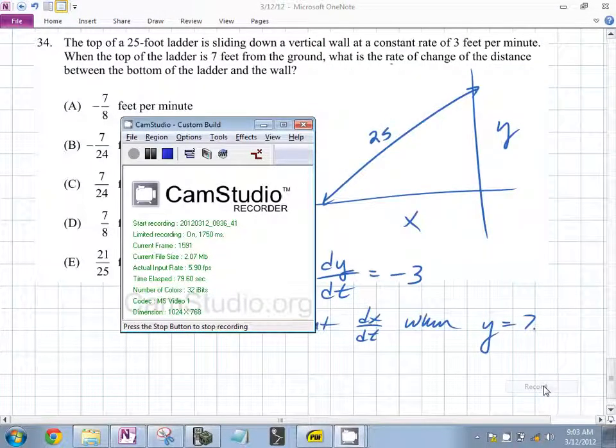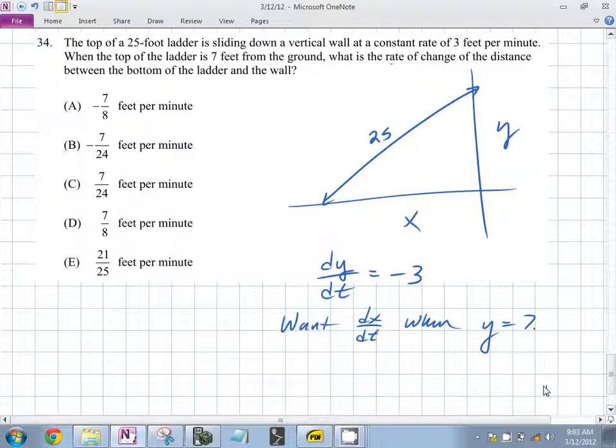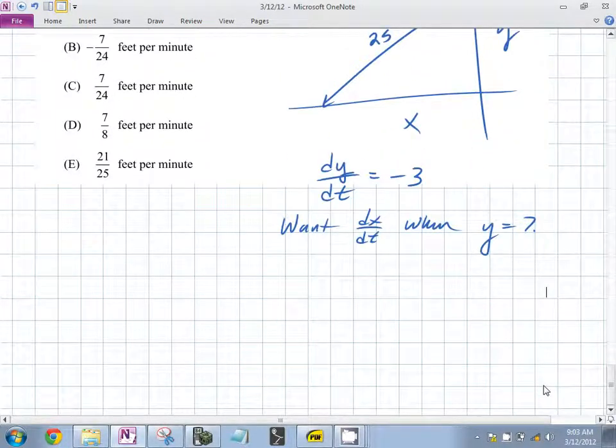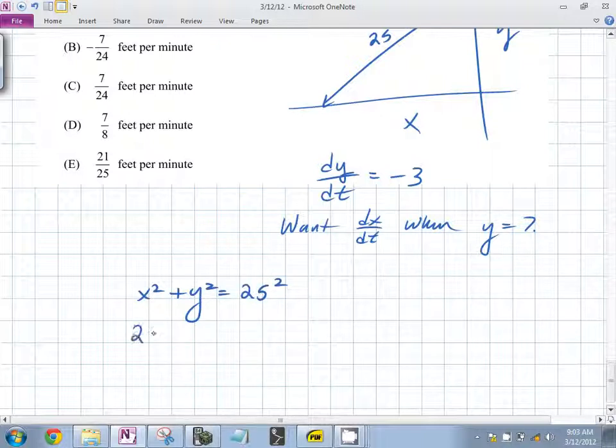Assumption we're making about this wall. It's a right angle, right? Does this question change and is it really annoying if this isn't a right angle? Yeah. You'd have to use a lot of cosines and all sorts of weird stuff, and it just would not be cool. So we know that x squared plus y squared is equal to what? 25 squared. So we know that 2x dx dt